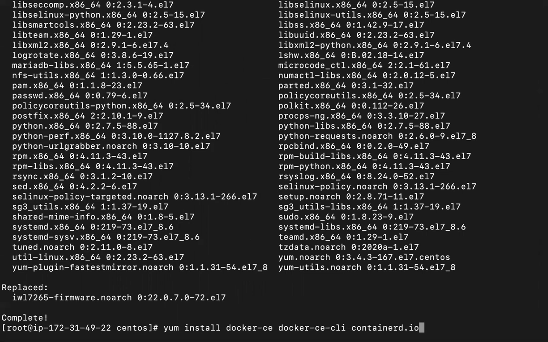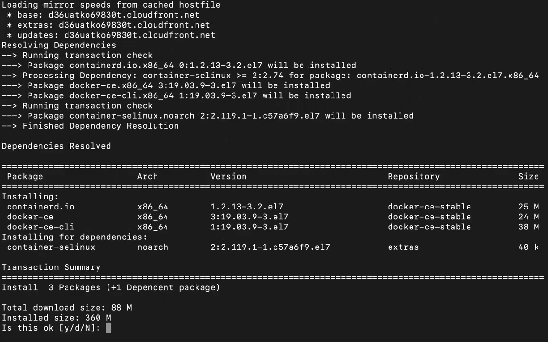You need to install all of these 3 packages: docker-ce, which means it's going to take the latest version of Docker, the CLI for Docker Community Edition, as well as containerd.io. It's going to ask for confirmation. Right now you can see it has taken the latest version of Docker, which is 19.03.9.